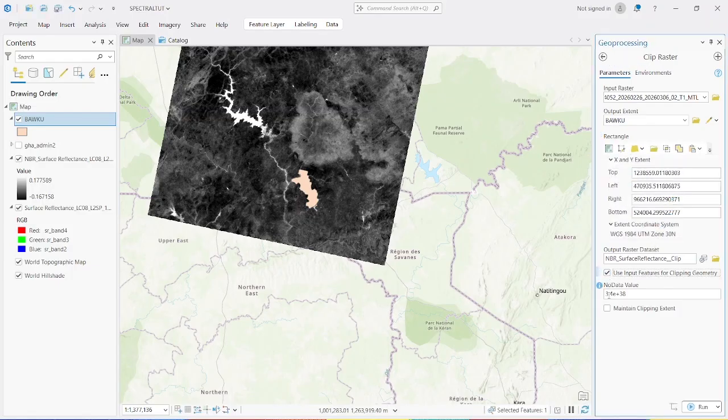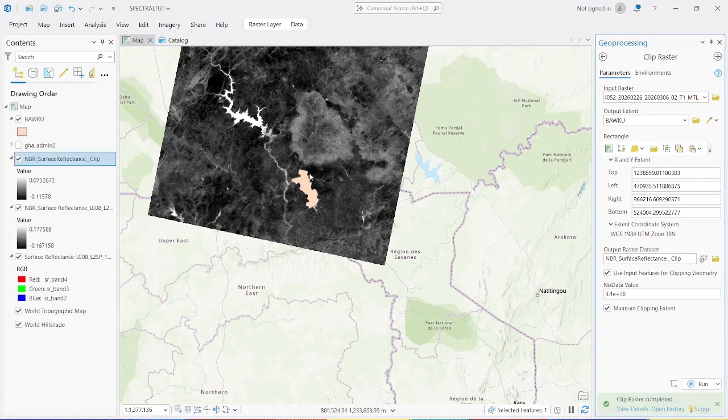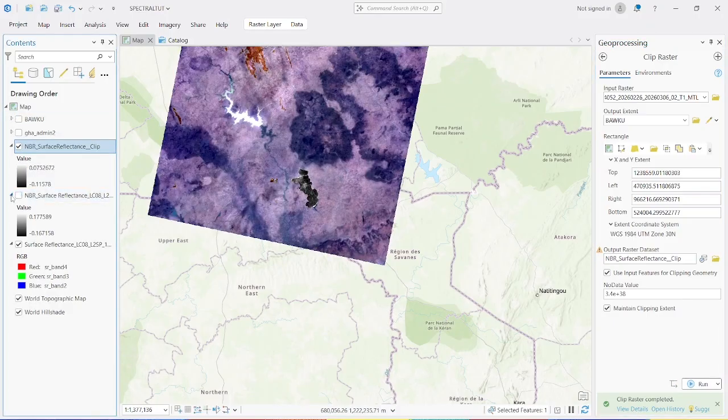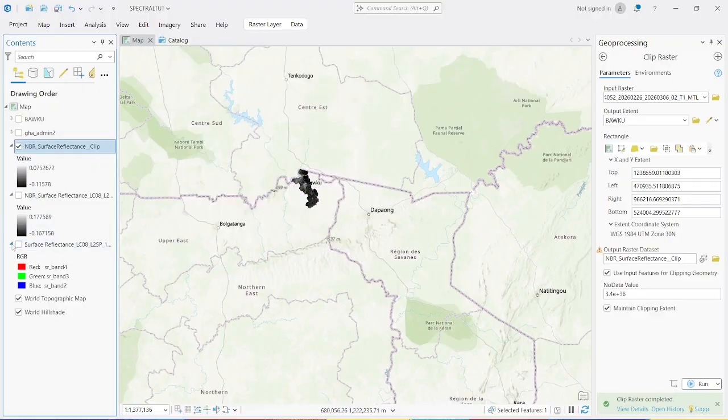It should input all the features and maintain the clipping extent of Bawku, and then we'll run it. It should extract the features on the Landsat image onto this polygon. So this is the clip that we have here. So I can now take this out. I can now remove this and then remove this reflectance, and you can see my Bawku